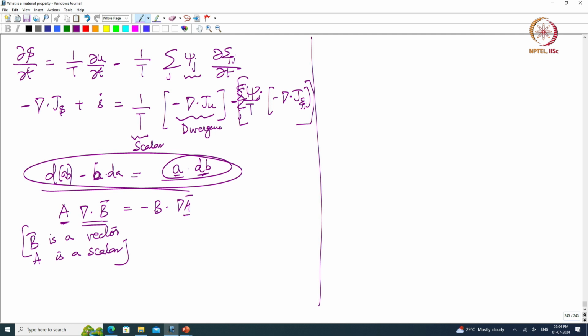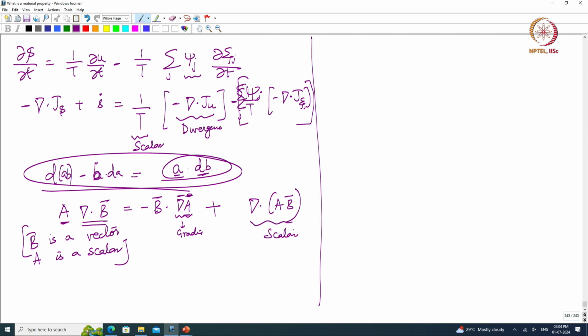If B is a vector and A is a scalar, then I take the gradient of it, this is called the gradient, right, and then I take a dot product, so that eventually I get a scalar, right. So, this is how I do this, plus del dot AB. Okay. All right. So, this is also a scalar,